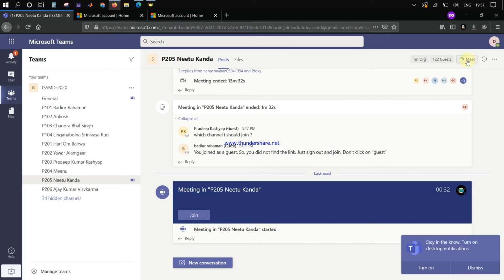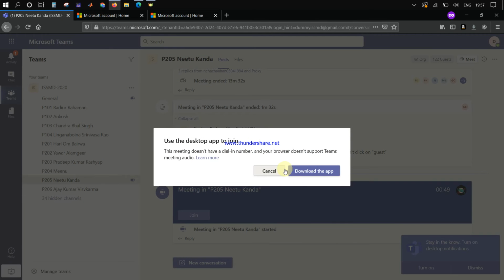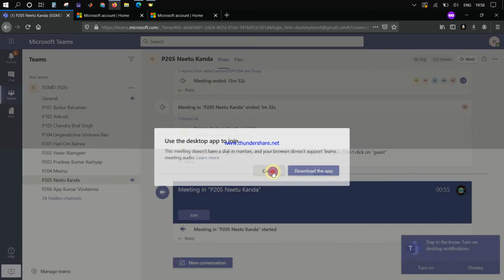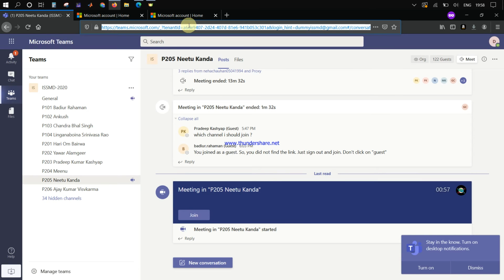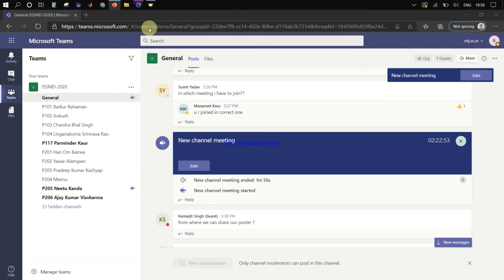Do not press this button. If this room belongs to you, then only click this button. Otherwise, just click this option if the meeting has already started. So now the meeting has already started. I click join. Again, I cannot join because my browser does not support this. So what I can do is copy this link and go to